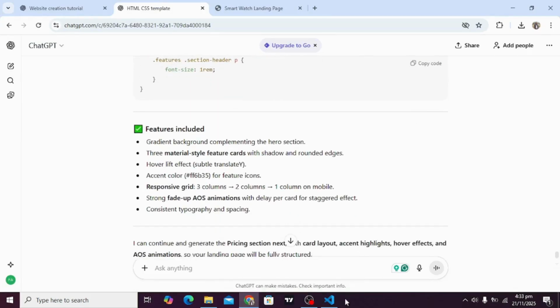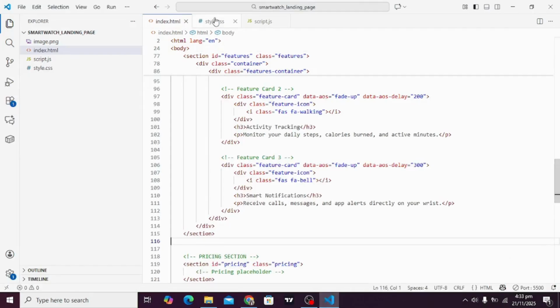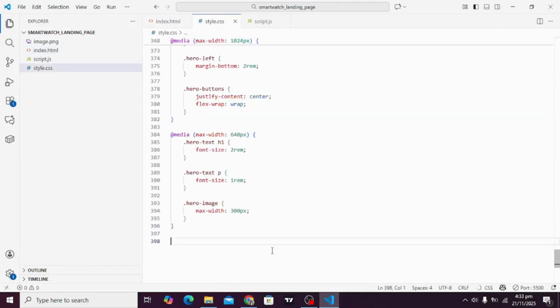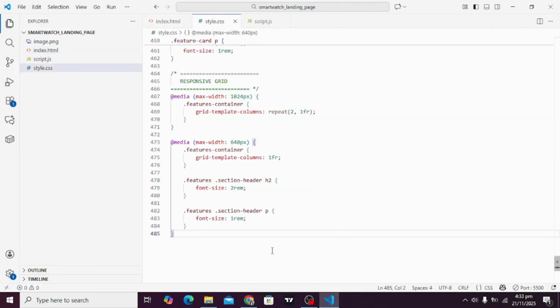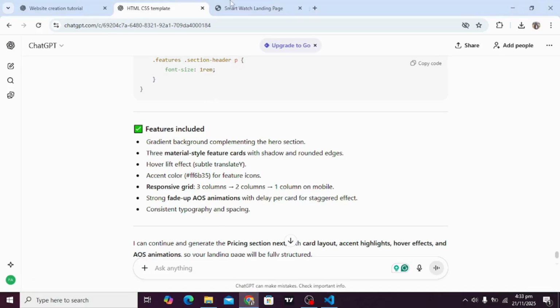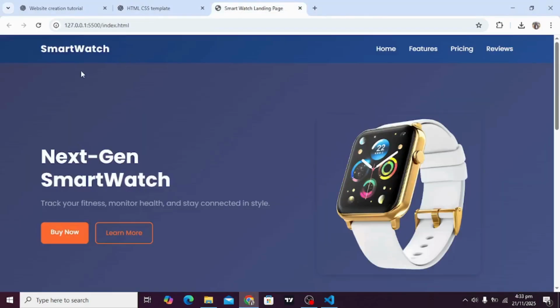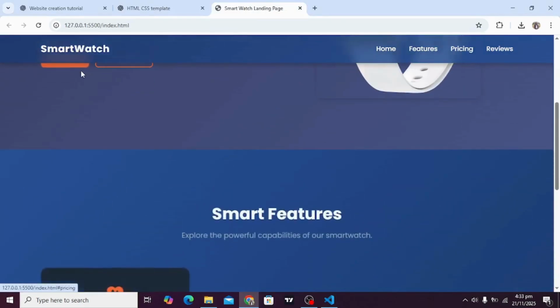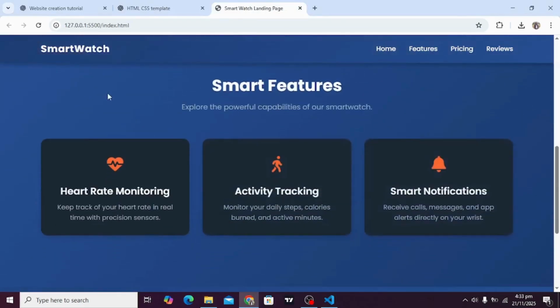Just make sure it has finished writing. Sometimes it takes a few minutes if the logic is complex, and if we want to create the whole file or long, big files, it takes a few minutes. So let's see, here you go: beautiful animations and beautiful cards with icons.